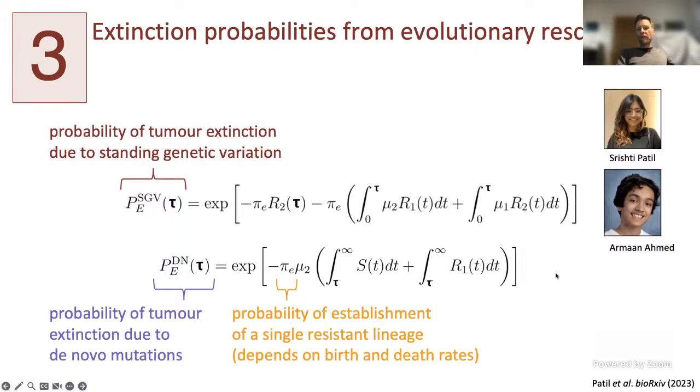And the idea of evolutionary rescue theory usually is that we're trying to maximize the probability of a population surviving some kind of adverse effect, such as climate change. And the question is, if a population is decreasing, for example, due to climate change, can it evolve fast enough to become resilient to this new environment and bounce back? And that's usually what evolutionary rescue theory is about. Here we're using the same theory to ask the opposite question. What we want is the extinction scenario. And so these are the form of the solutions that Srishti was able to find.